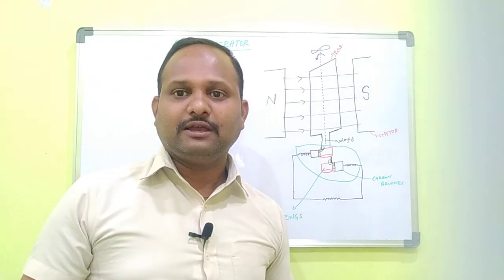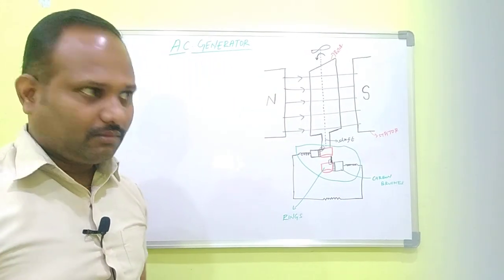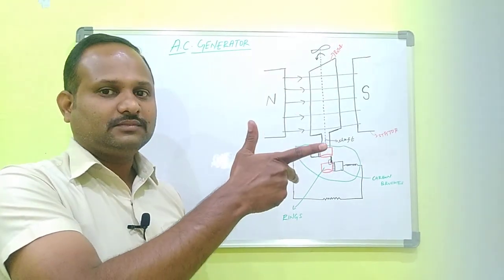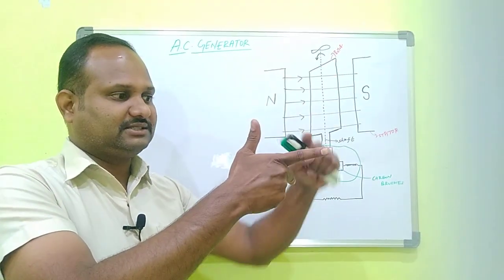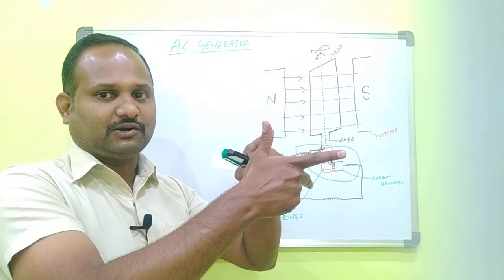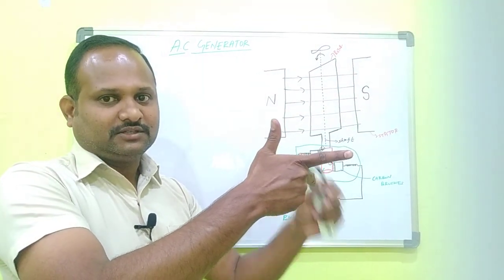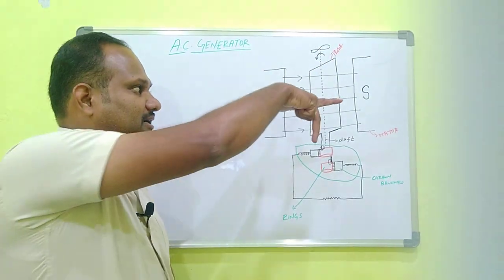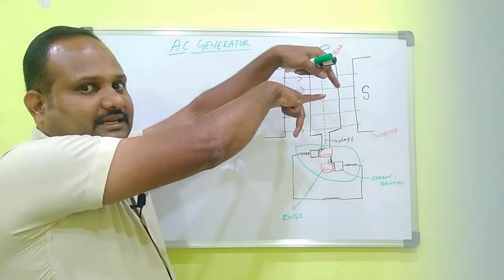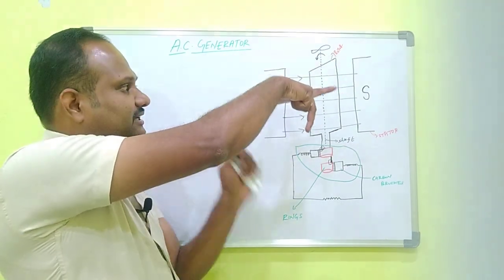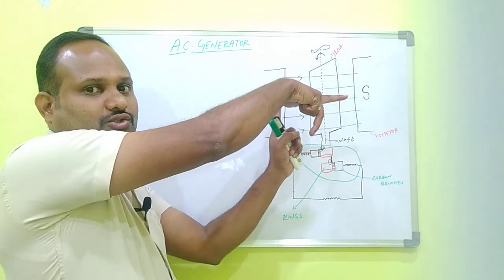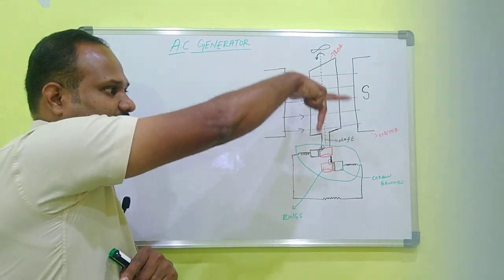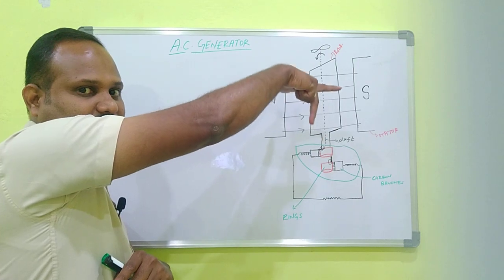We can make use of Fleming's right hand rule. What does Fleming's right hand rule represent? This is the magnetic field, this is the motion of the coil, and this is the induced current. We use it like this because the magnetic field is acting here. The motion of the coil is downwards. So the induced current is downwards here.